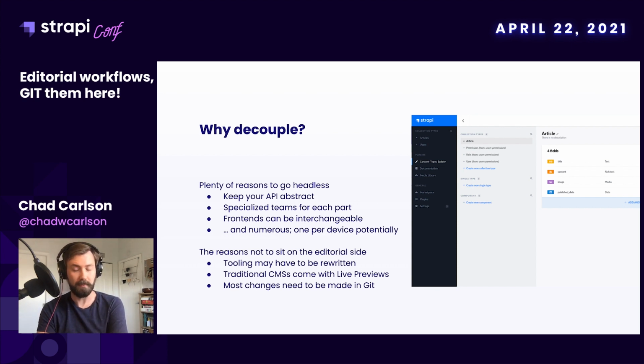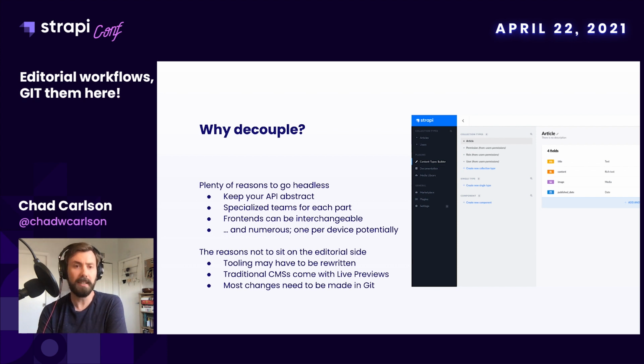The goal of decoupling, as far as I can tell, is to make your API as abstract as possible, so that if you end up no longer interested in a Gatsby front end, or if you want to add additional heads to your decoupled setup, one for mobile or some other kind of device, it's really easy to do that because of this consistent API in the back end. You can isolate teams to focus on the front or the back end only,